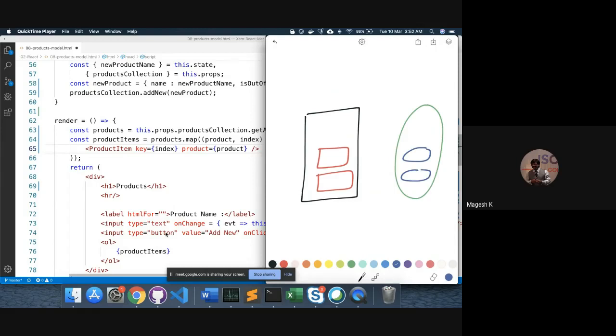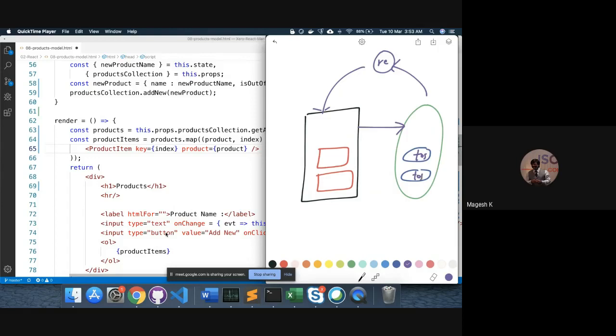So when you talked about add new, from here we call the add new, and this resulted in the render app function, and that re-rendered the component. Okay. Now I am going to implement the toggle method right here in the individual object, the product object,